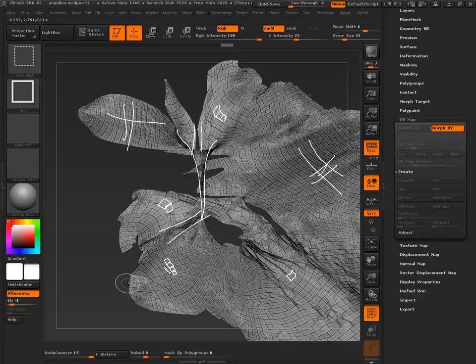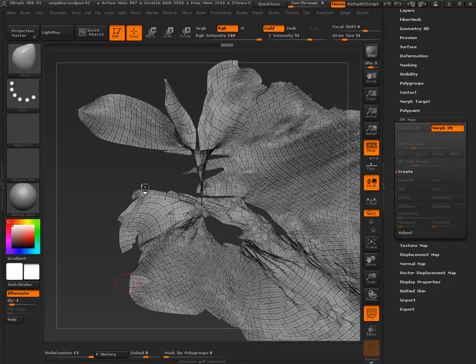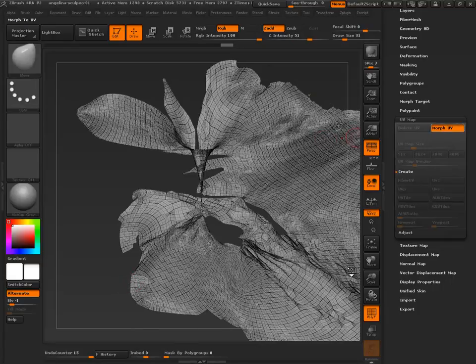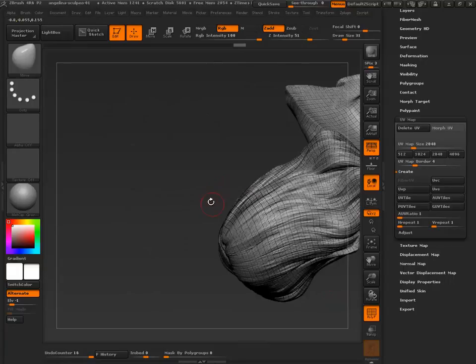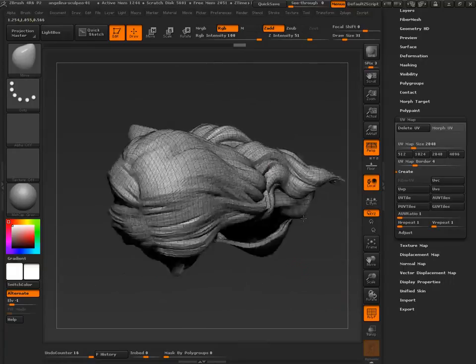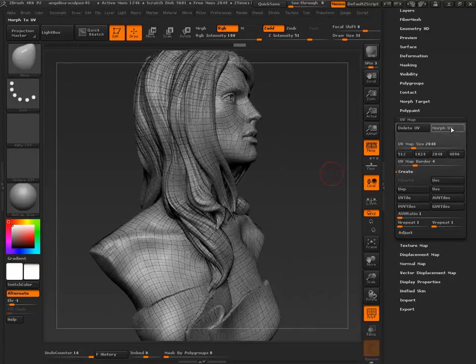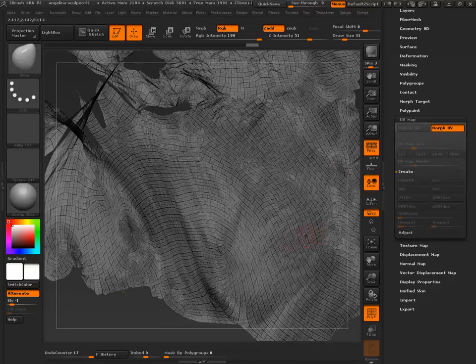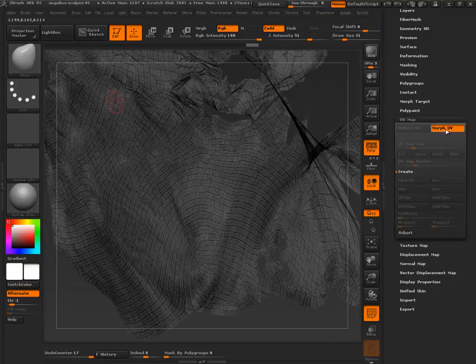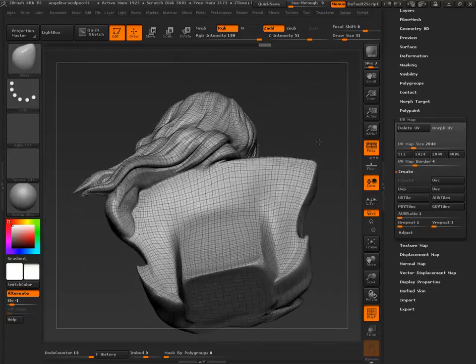So why am I getting this kind of hardcore blockiness? All right, let's keep that in our minds, see if we can figure that out. Let's see if we can actually trace one of those back. No, it's not going to let us.